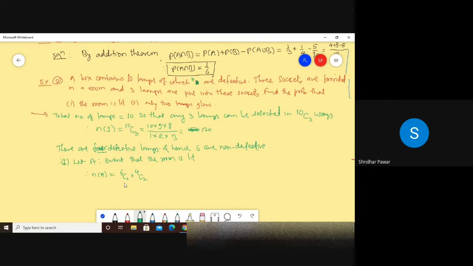समजा रूममध्ये लाईट पडायचं असेल तर कुठच्याही एका सॉकेटमधला कुठचाही लॅम्प that should be non-defective, means it should come from the 6 non-defective. So 6 मधून समजा एक non-defective आला तर राहिलेले दोन सॉकेटमध्ये defective, or 6 मधून 2 घेतले non-defective आणि एक defective घेतला, ओके, किंवा सगळेच्या सगळे non-defective घेतले आणि एकही defective घेतला नाही. ओके, सो फाईल काय आहे: 6C1